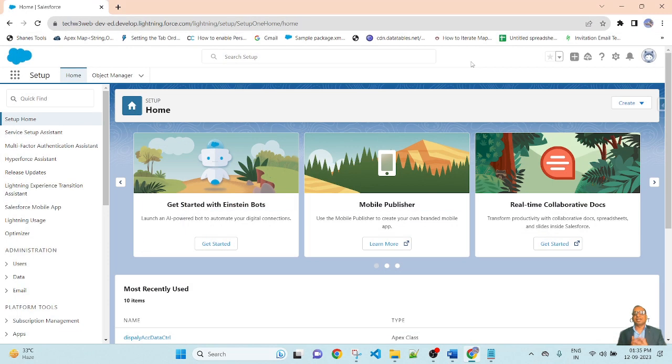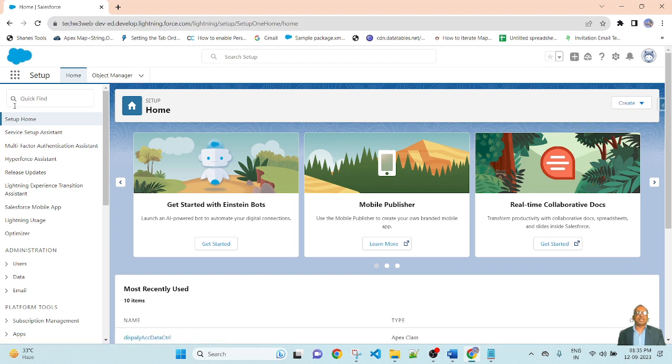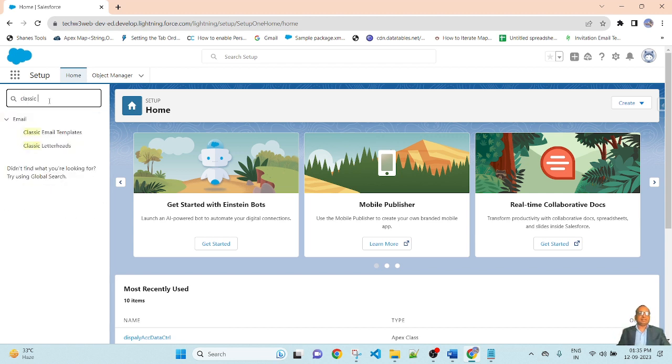So let's start. So friends, this is my Salesforce credential org. First go to the setup and click here. Then in the quick find search box, search classic email template. Select this one, classic email template.